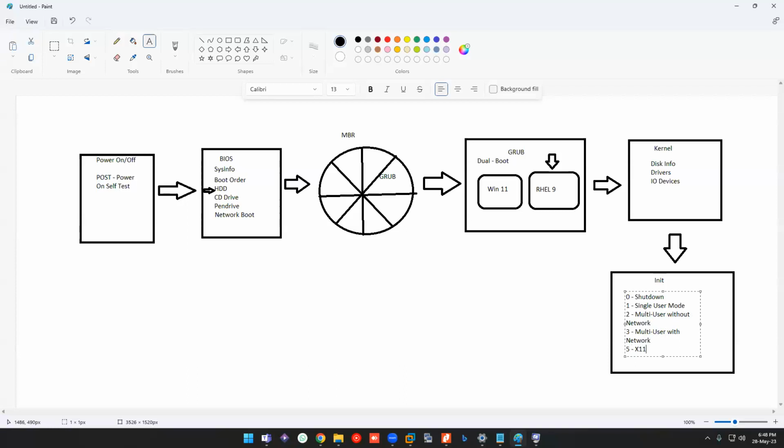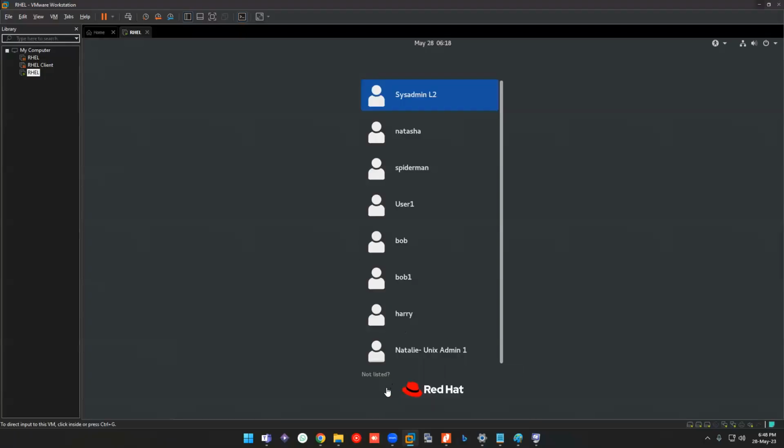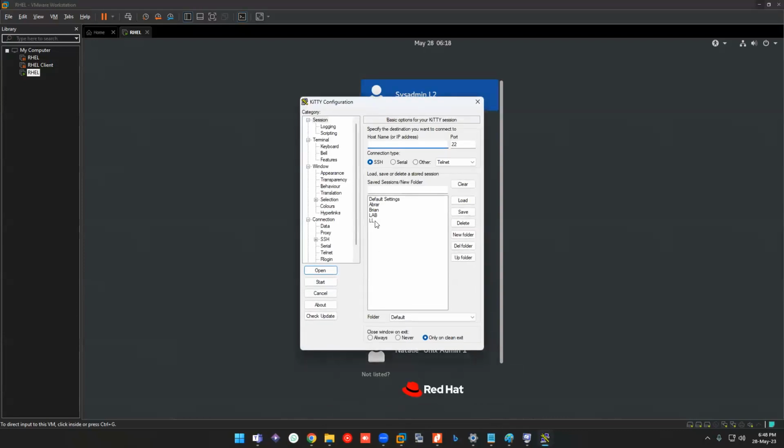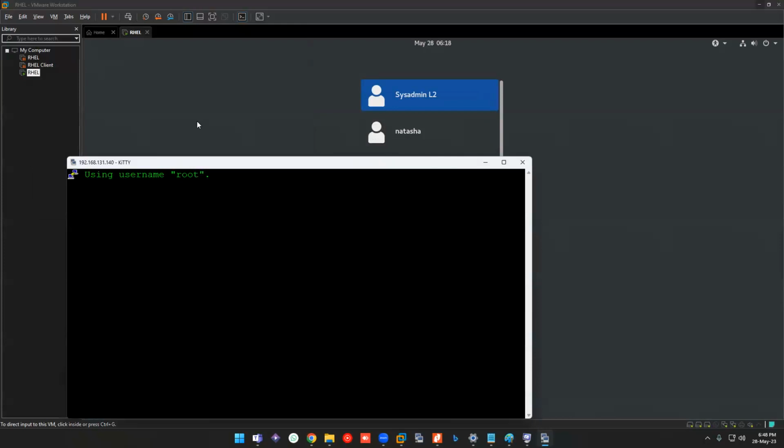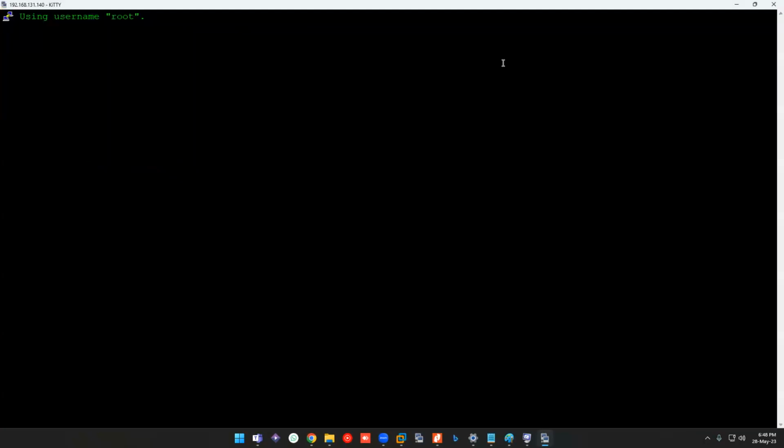It is called X11 or GUI mode, which is nothing but this mode. If I connect to this VM using Kitty, don't worry about this Kitty configuration, I will be explaining that anyhow today. The disclaimer is that the SSH in my case will take at least 10 seconds to load, but once it is loaded, it will be fine.